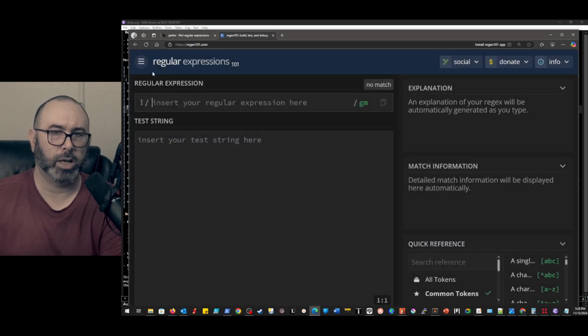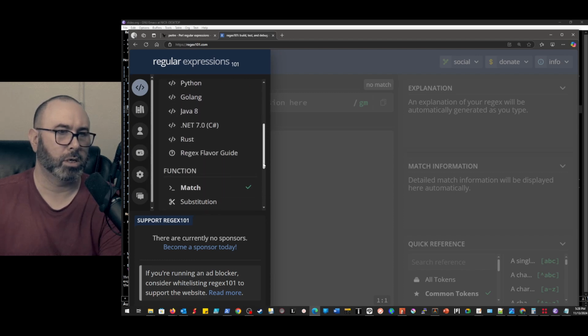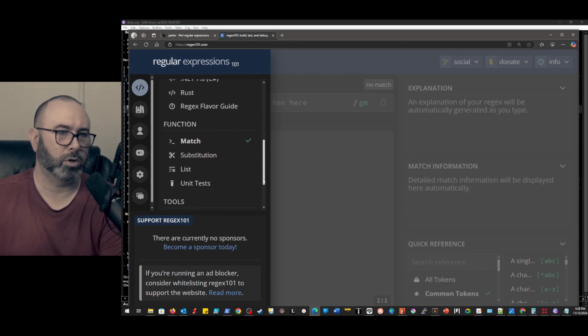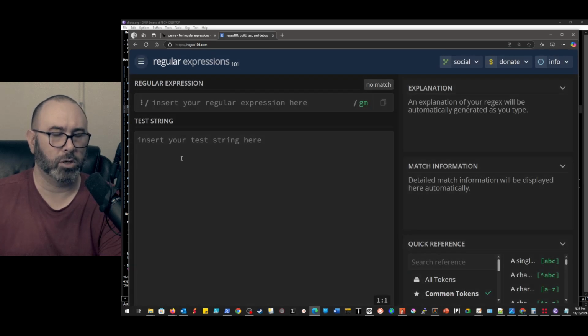This is a great way to look at your regular expressions. So we can go look at PCRE, which is going to be Perl compatible regular expressions. And we don't even really need to worry about defining this as Perl, but you can go ahead and look at,